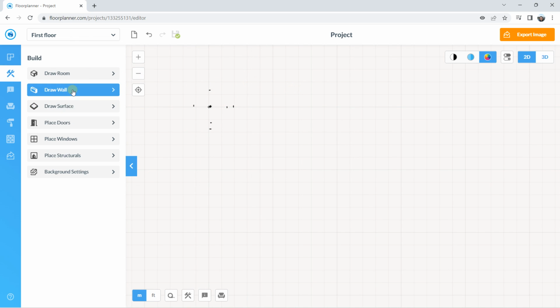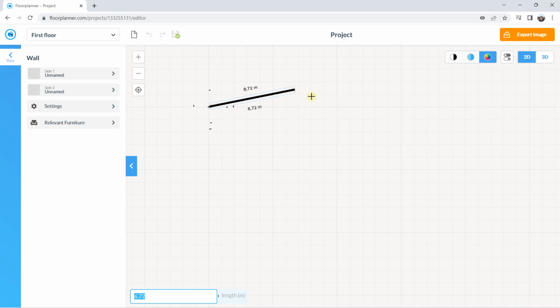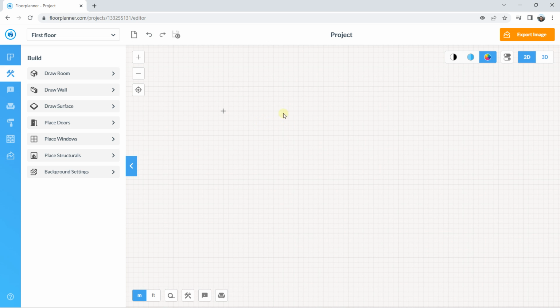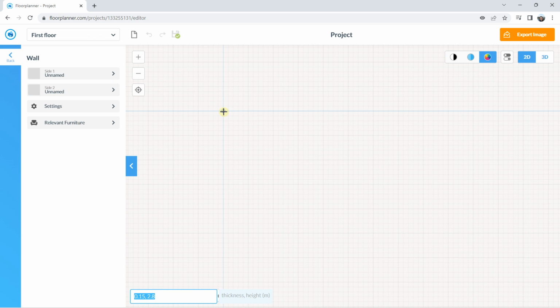I can start from this point, draw walls, and I can create a wall. You can enter a value on the bottom left corner. I can type 10 and validate and go in this direction. Definitely it's not perfect. I'm going to zoom more, draw walls, click on this point, snap, and I can enter